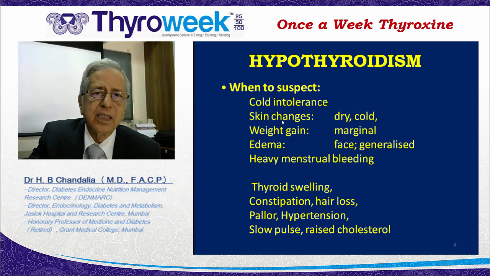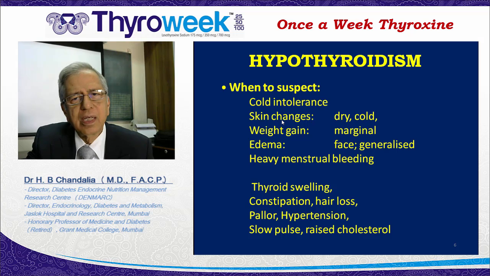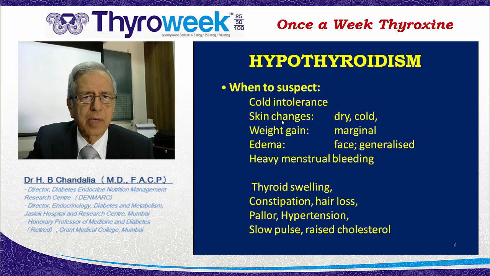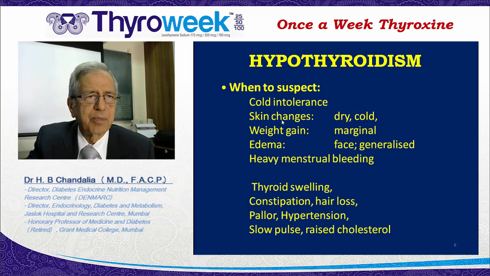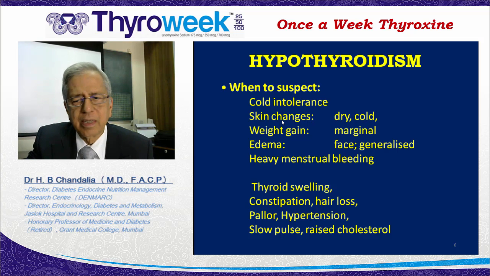To look at some of the clinical features of the disease is very important, because at times, even if the diagnosis is made biochemically based upon the thyroid hormone concentration in the peripheral blood, one decides whether to treat or not. That decision is based upon some clinical findings. Of course, the commonest symptom of hypothyroidism is cold intolerance, which has to be inquired very carefully. For example, if you ask very casually any patient whether he prefers a particular temperature, everybody would say they would like a proper air conditioning temperature, which is something like 70 degrees Fahrenheit.